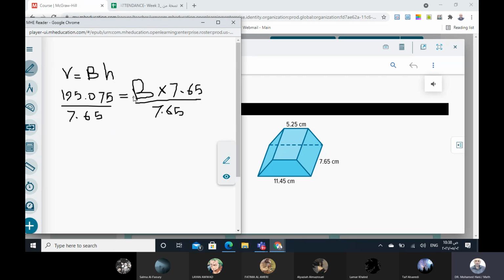So B remains here, and here we can divide 195.075 divided by 7.65. So the answer will be